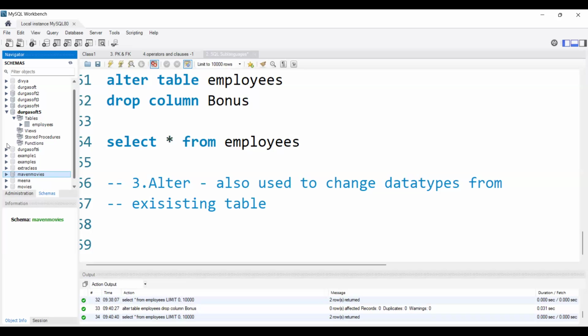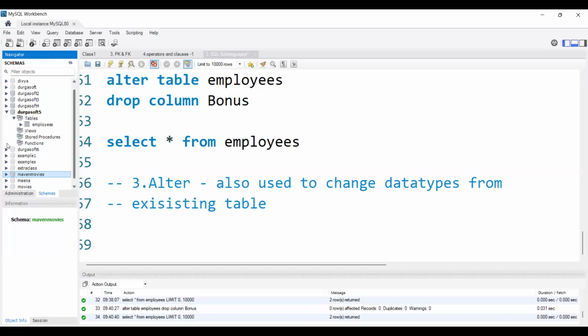So we will work on that database only going forward. By learning in such a way, you will be at a stage where, whenever you work in real time, you will get some real database. We should be able to understand what already exists in that database and work on it. In the same way, the movies database is a ready-made database with everything in it. You should understand what exactly is there in that database, and we need to start working on that movies database.